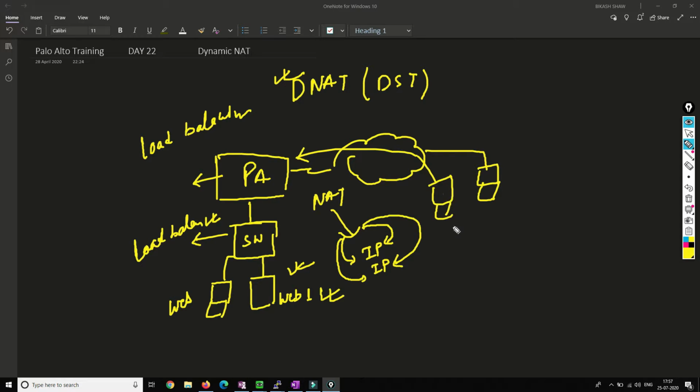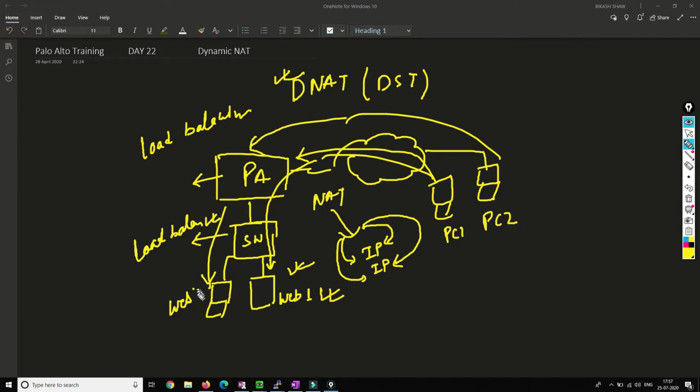Let's say this is PC1 and this is PC2. PC1 initiated a connection, it goes to server 1, and PC2 initiated a connection, it goes to web server 2. This is how the load balancing will happen, and you can save your money with the help of the PA with this deployment.